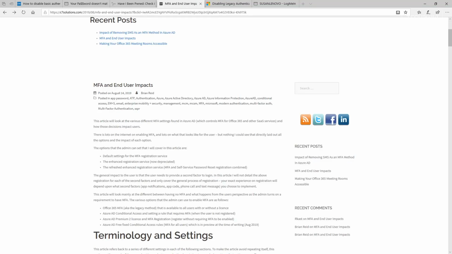Now, before we disable legacy authentication, let's make sure that we've got some things in mind. You want to make sure that you understand the impact to your environment. So look to see if there are any applications that you use or additions to Exchange that rely on basic authentication. Talk to your vendors. Do the research ahead of time.